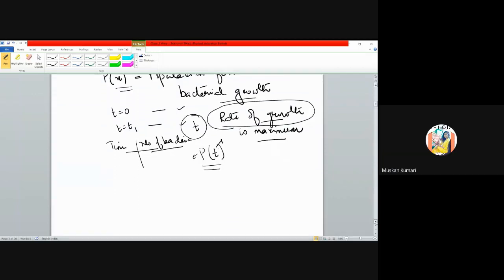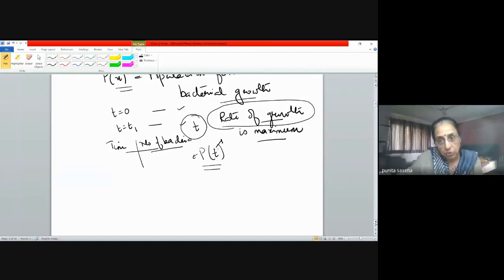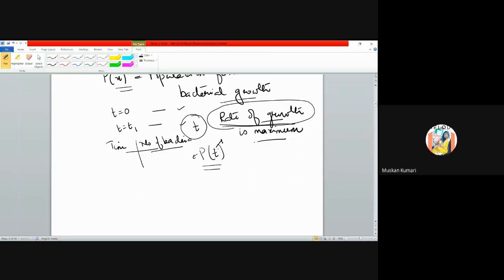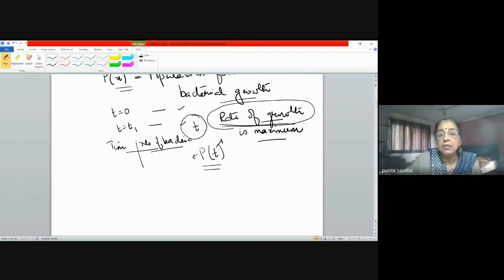Growth with respect to time. And in mathematics, what do we mean by rate of change? With respect to time, slope, differentiate. Generally it is the slope or the derivative, right? Yes, ma'am. So that means if I have to maximize the rate of growth, basically I have to maximize dP